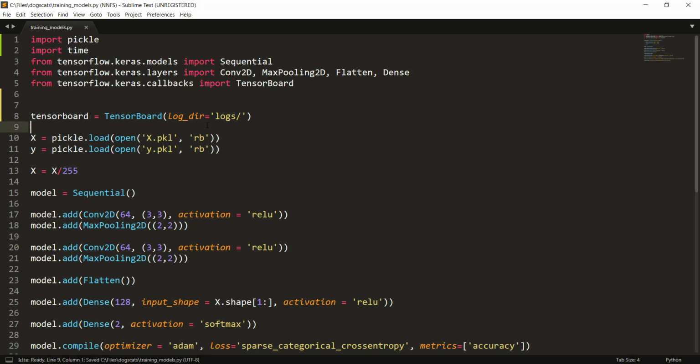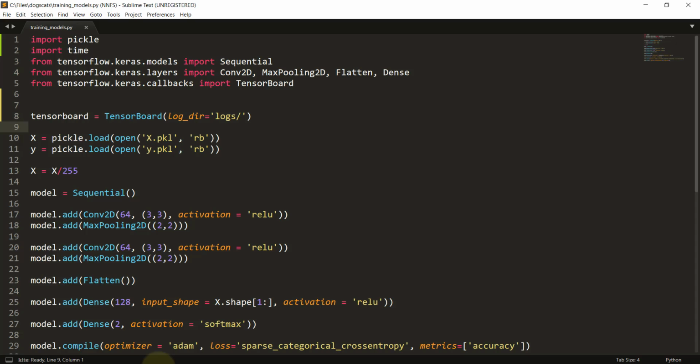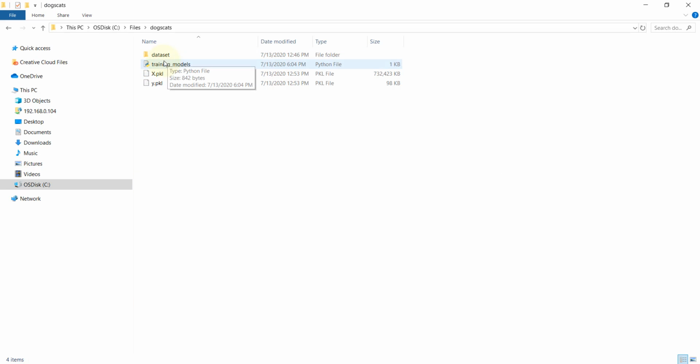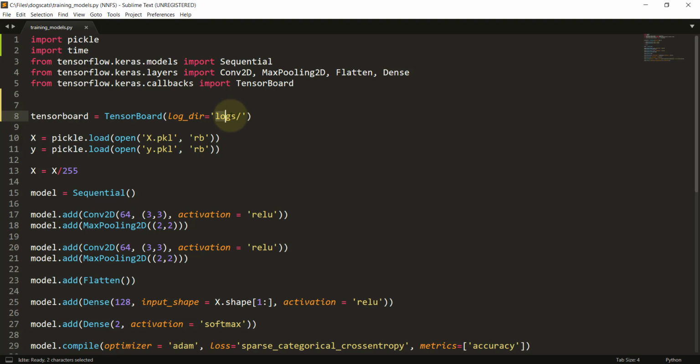This file path is nothing but the directory where we currently have the Sublime text file that I'm using right now. We are going to create a folder here, which we call logs. So a new folder called logs will be generated, and inside this folder we can create the logs of the multiple models that we are going to train.